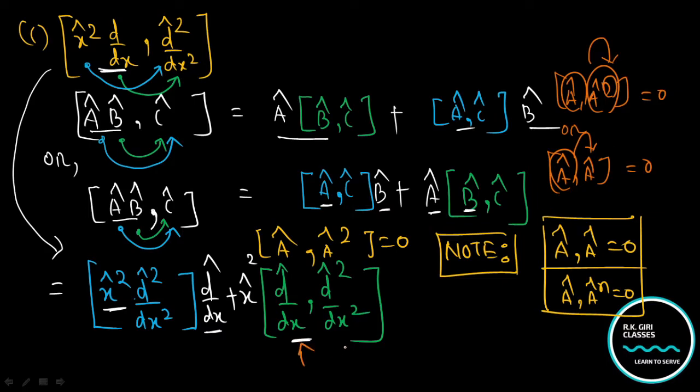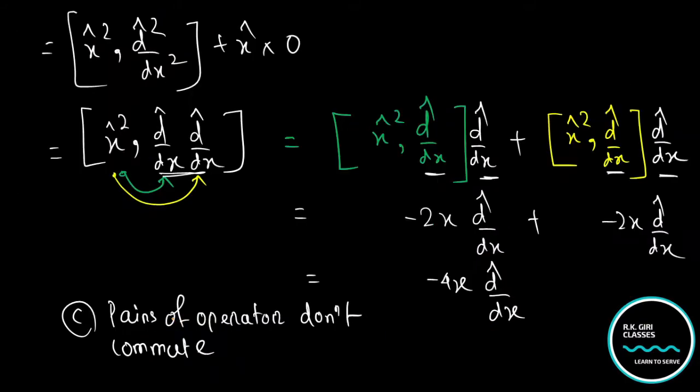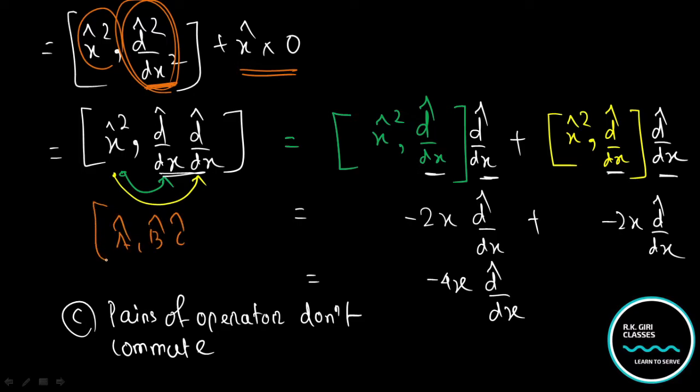Here you can find out, in the same format, that this is 0, and you have to find this value here. So what is your answer? That is x squared with d squared by dx squared. This is 0, and you have to separate this value in this format, like A, B, C, that is A with B and A with C, and at the end you have to make the combo of B, C.